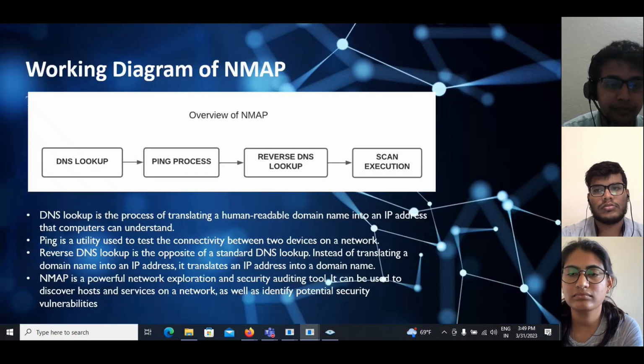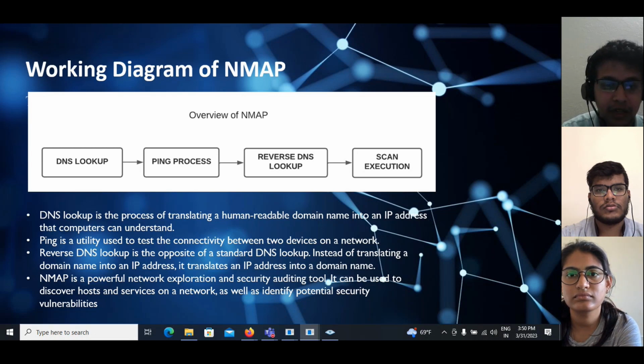Coming down to the diagram, here is an overview of Nmap. Here we can see the DNS lookup. Nmap first performs a DNS lookup to resolve the host name or the IP address of the target host. Ping process is the Nmap second step. Here, Nmap then sends an ICMP echo request to the target host to check if it is online and